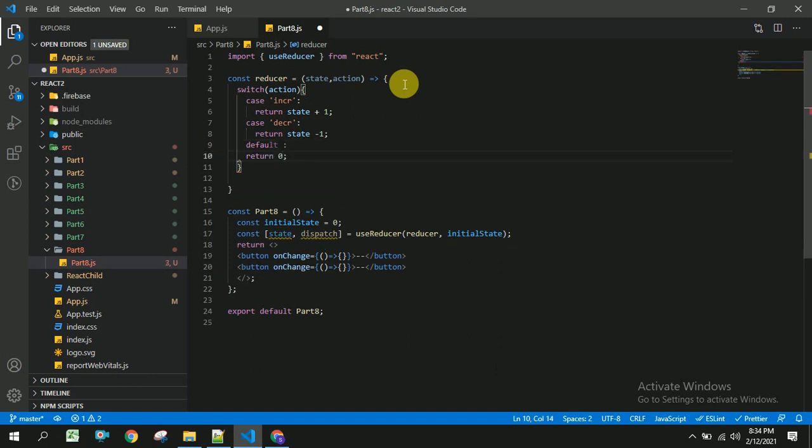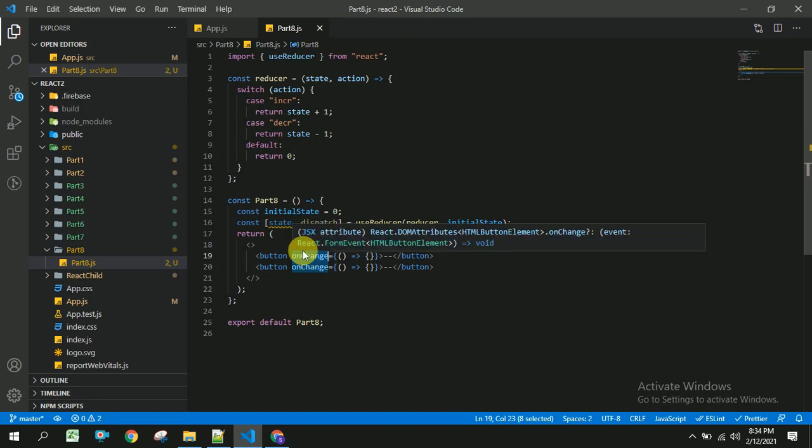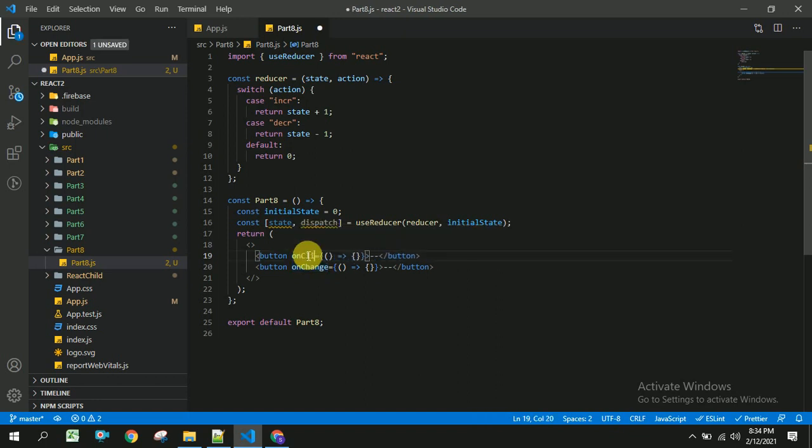That's it. So let us save this, and once the user clicks on this, this onChange event handler will be called. Sorry, this will be onClick. If you use input, it will be onChange. As we are using a button, it will be the onClick event handler. So once the user clicks on this, we will dispatch. In this dispatch, I am going to send the type as decrement. Here I am going to send the type as increment.